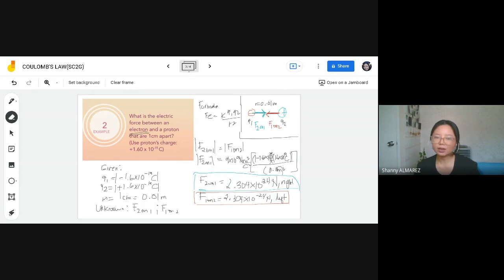sometimes the direction, our convention is positive siya pag to the right, tapos negative siya to the left. There are instances na pag ginamit mo yung sign ng particles, pwedeng ma-confuse ka sa direction ng charges kasi magkaiba yung nasa value at saka dun sa pag i-refer mo siya sa illustration. So to avoid that kind of confusion, we just use the absolute value for the magnitude to determine the strength and refer on the illustration on what should be the proper direction of the force. Okay? Okay na? Aliyah, sige. So let's now continue with our last example.